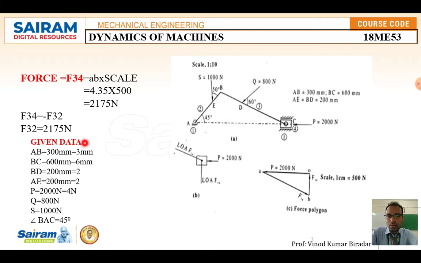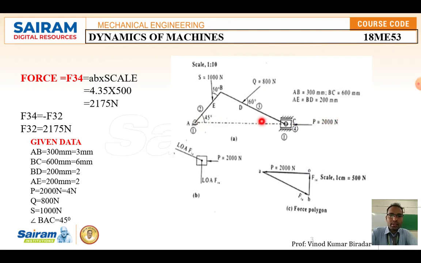Okay, so like that you are going to get. So you have to construct these values. Mark the point A, just to construct AB. If the length is equal to 3, with an inclination angle of 45 degrees, you are going to get this AB line. Next, BC: you put it on a horizontal line like this.